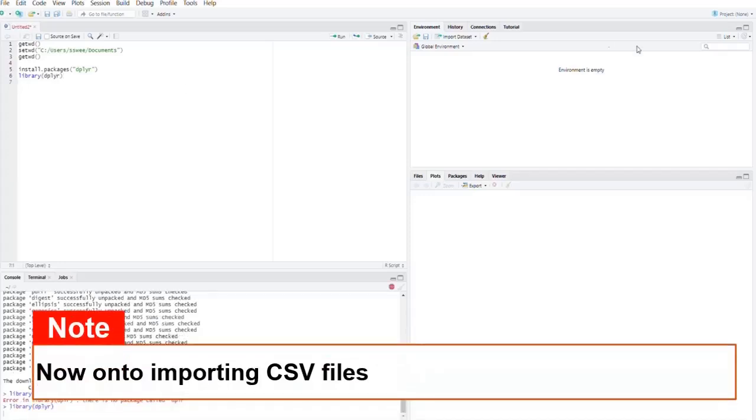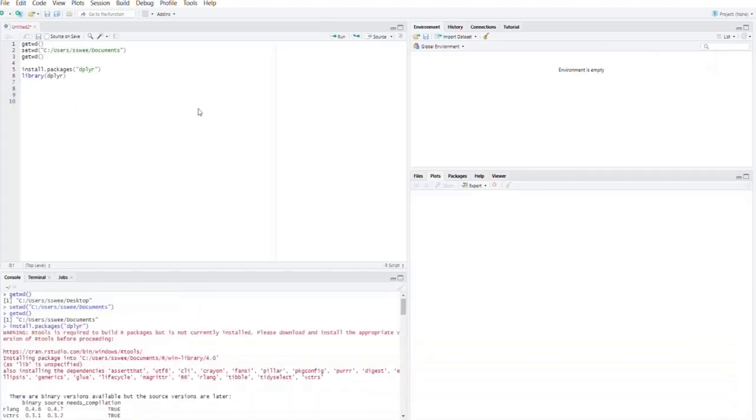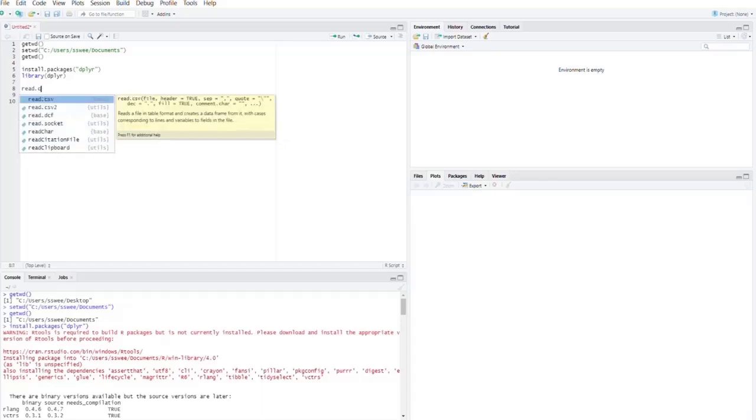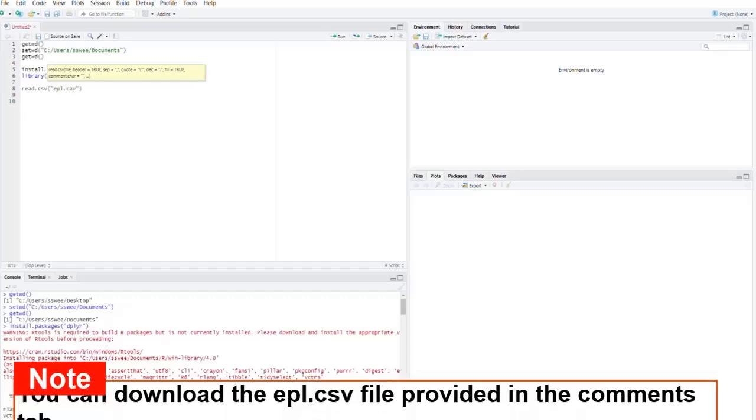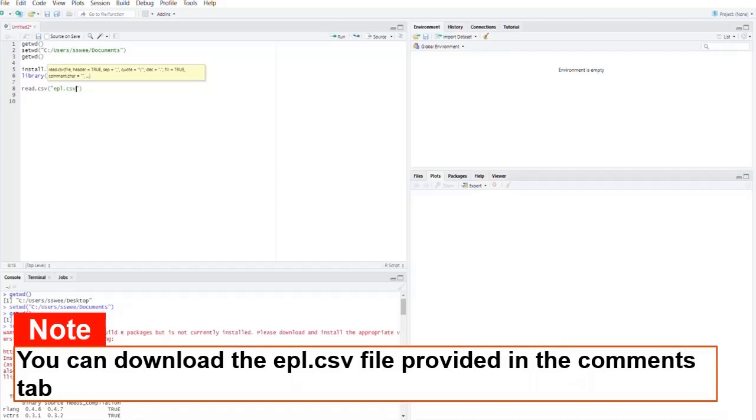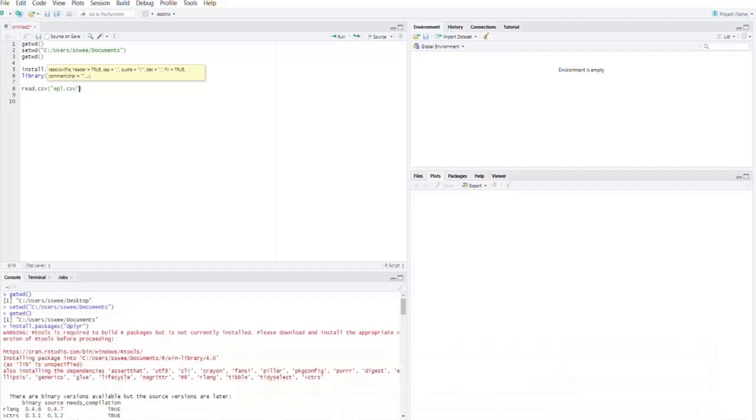So let's try to import a CSV file into R. Base R again has a read.csv function that does exactly that. So let me just key that in, and I'm going to import a file called epl.csv, which is available in the working directory that we mentioned, the documents directory. And I would also mention header equal to true, so it'll declare the first row as a header, and strings as factors